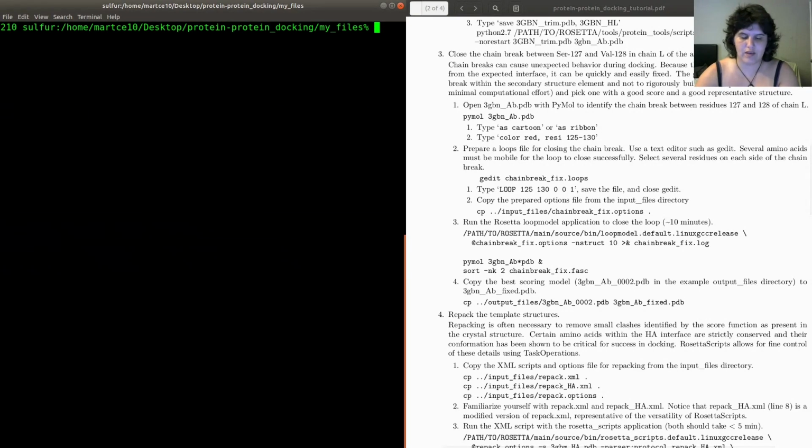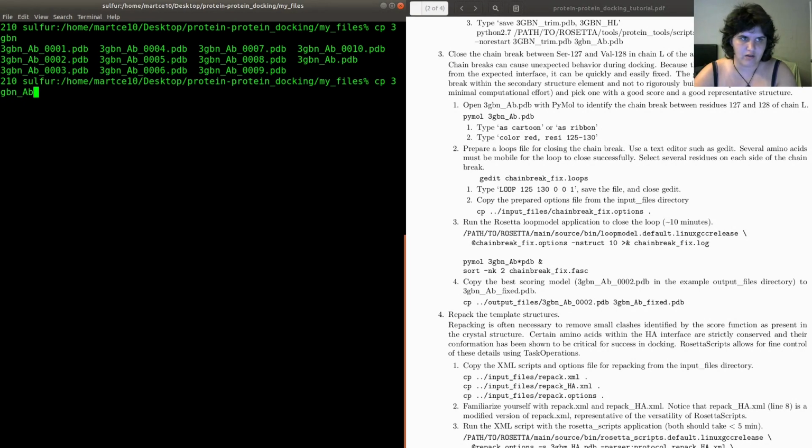So in this case, since my model was 07, I will copy 3GBN AB 007.pdb, and I will rename it